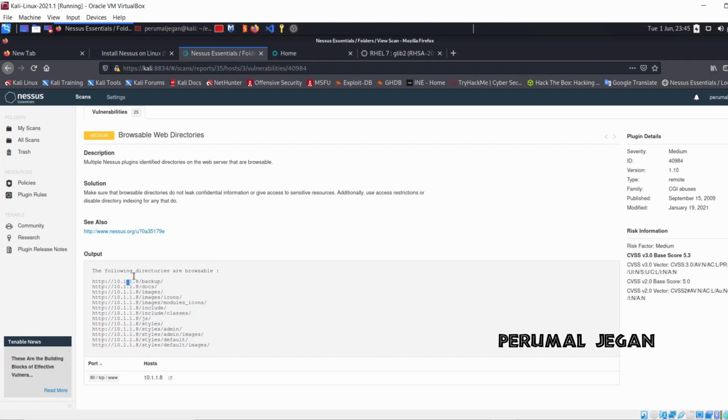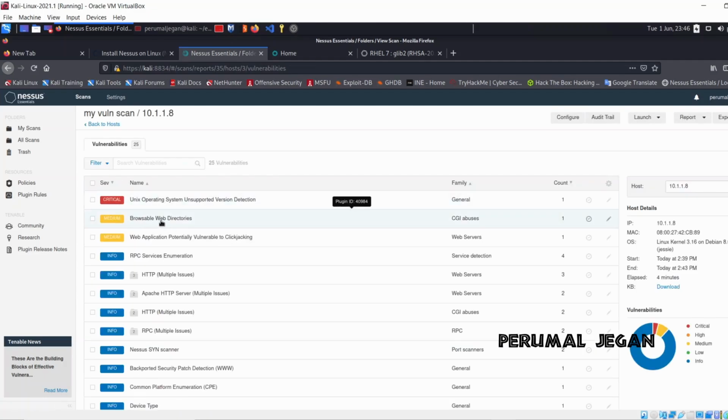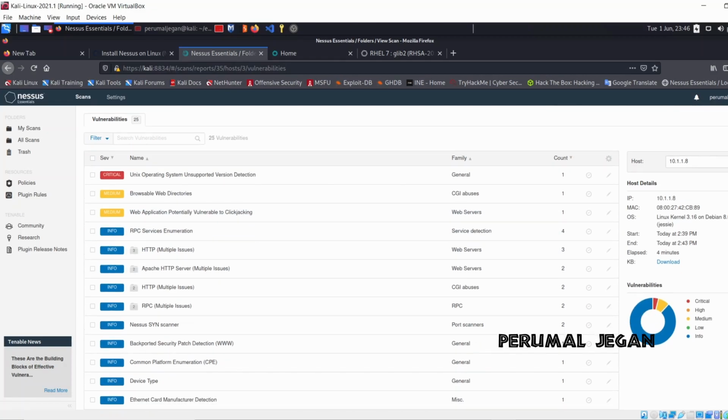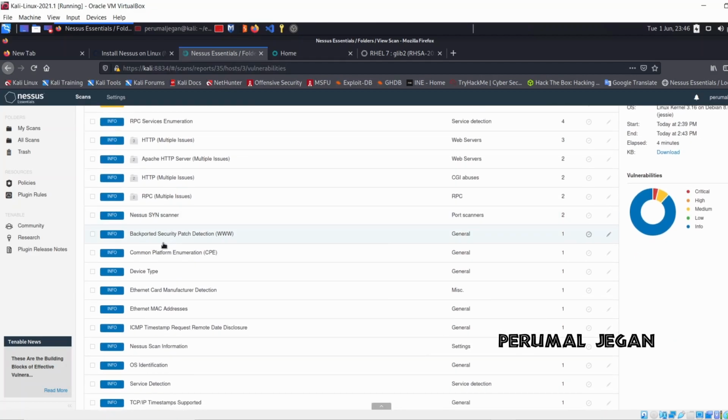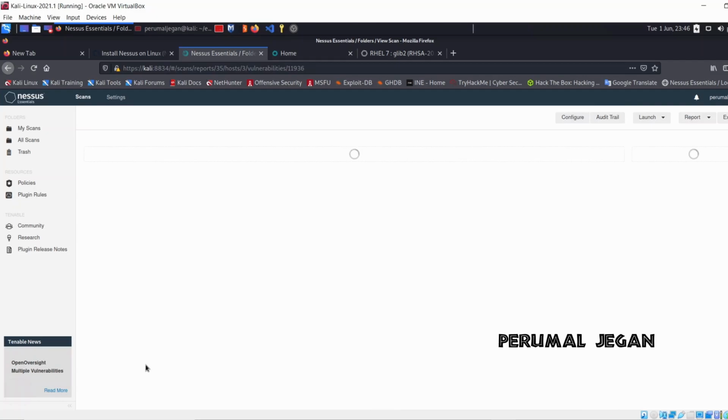exposed. Okay. So this one is the medium vulnerability, and the next one is the web application potentially vulnerable to clickjacking and RPC services enumeration. OS identification.